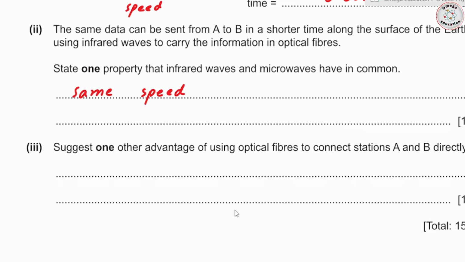Suggest one other advantage of using optical fibers to connect station A and B directly. So what they're saying is, instead of using the satellite, what is the advantage of connecting station A and station B directly? Now, if they're connected using optical fiber, using the optical fiber,